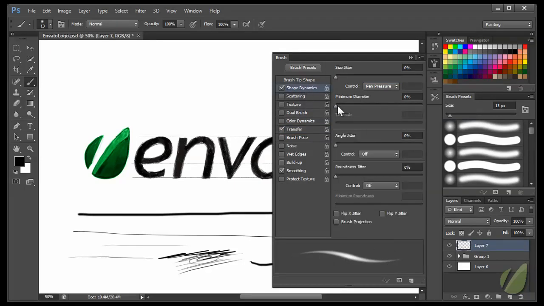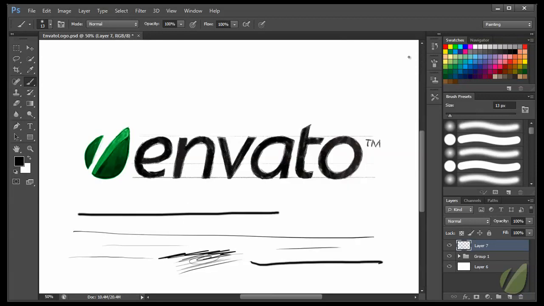And in that sense, you create a much more realistic way of drawing. So if we scribble very lightly, we get some very faint pencil strokes, I should say. And if we push down really hard, we get some much harder and harsher, and we can vary it in between. Now with Photoshop CS6,